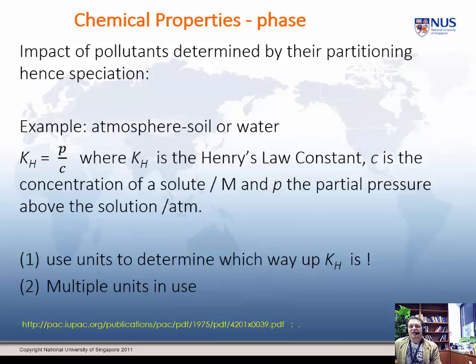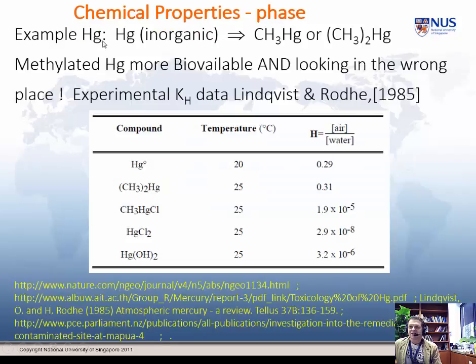The impact of pollutants is, as we already alluded, determined by their partitioning, their speciation. We've talked about Henry's law already, so I'm not going to talk about that anymore, but I'm going to look at a couple of examples. Mercury, inorganic mercury. Life has a habit of trying, or certainly in plants actually and mammals, seem to need mercury about as much as they need a hole in the head, and they look for ways to get rid of it.